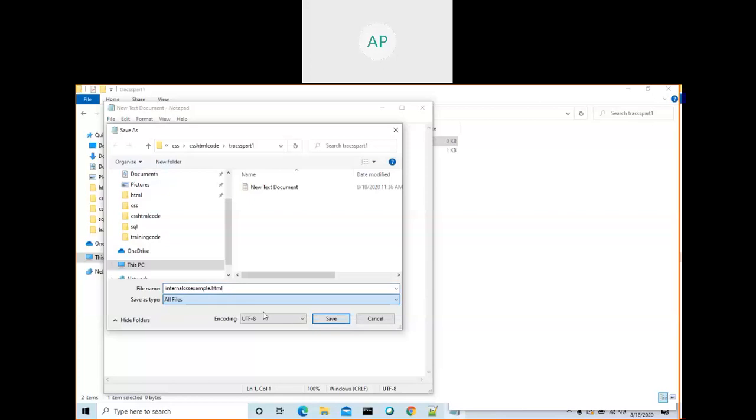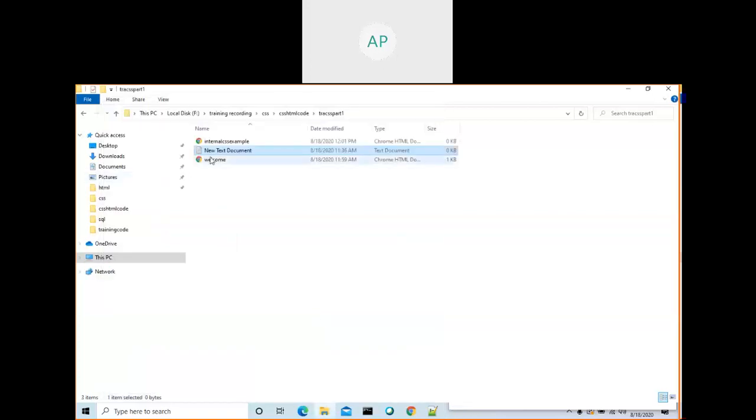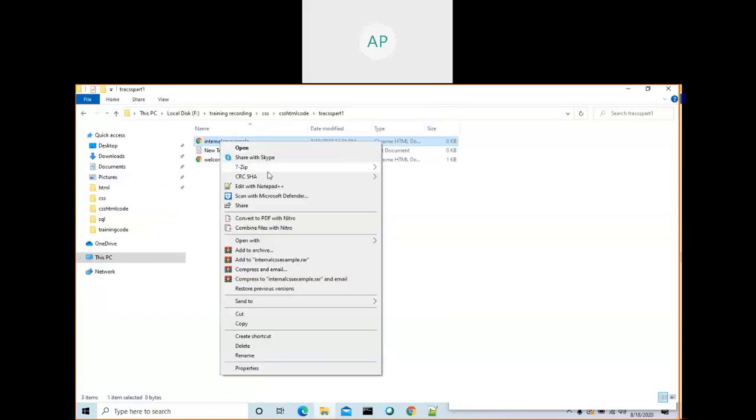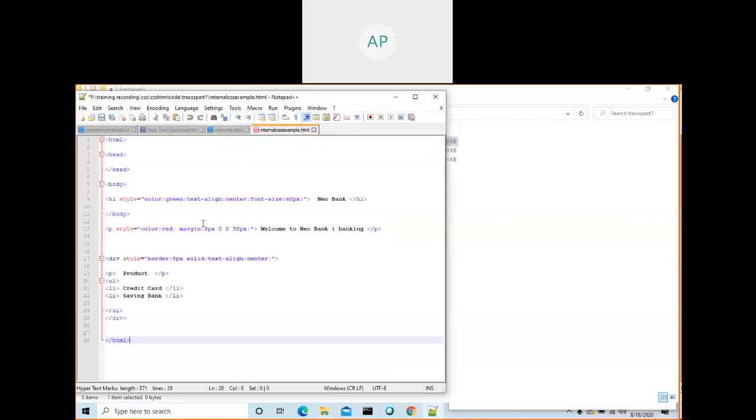So we will create an HTML to demonstrate. This was the inline way. This is the internal way. We are going to create CSS using the internal way, either in Notepad or Notepad++. So this one, right? Control V. We remove all these things.